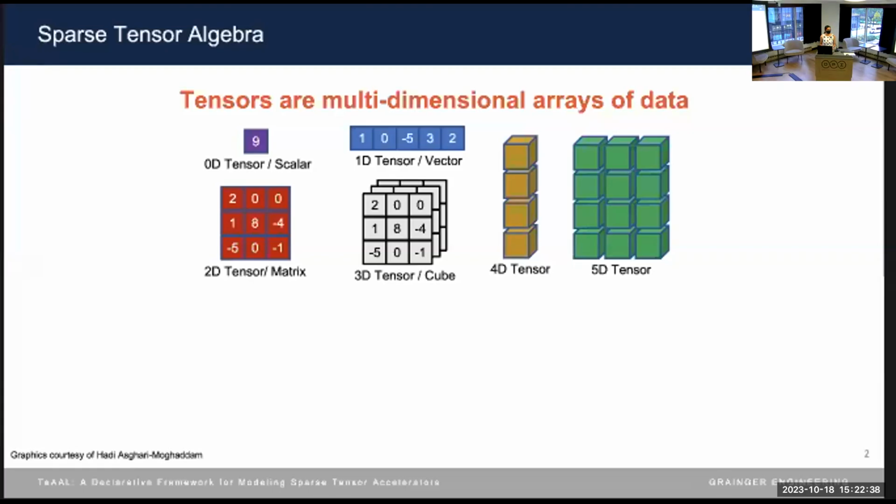I'm sure that people at this conference don't need a refresher on what a tensor is, but one piece of notation to clarify here is that in this presentation, we're going to use the word rank to mean the mode or dimension of the tensor. So for example, we say that a matrix has two ranks, rows and columns.